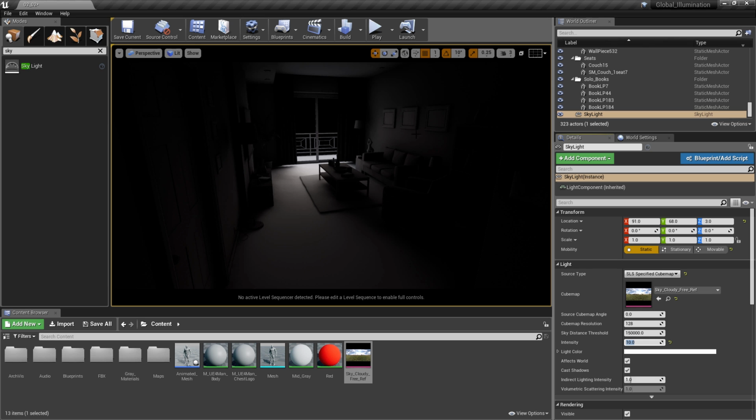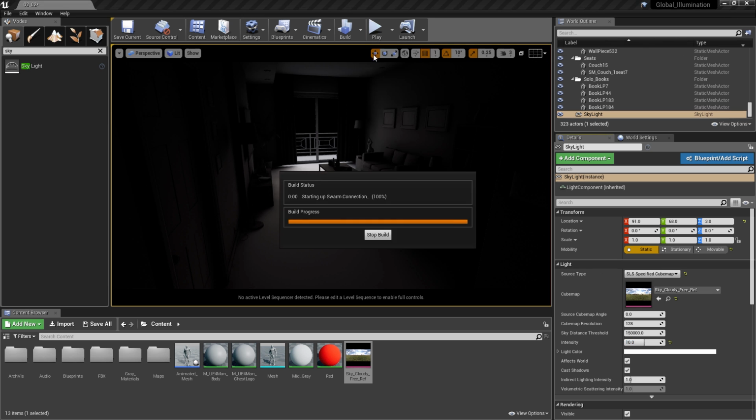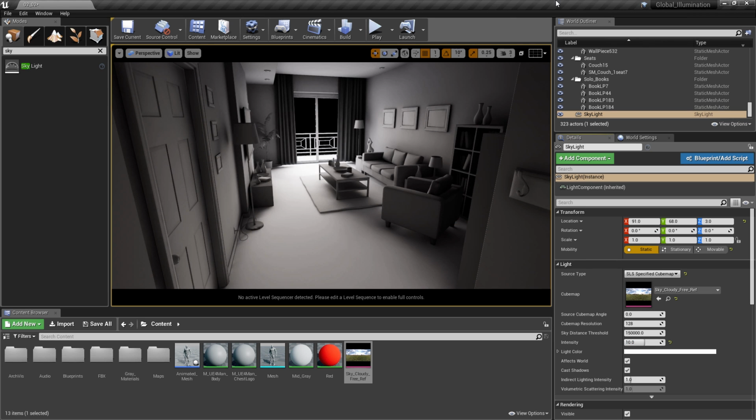And after rebaking our lighting, we can see that we have added a good amount of energy and detail to our lighting now. We could also increase our cube map resolution if we wanted, so as to get more quality from the setup. Although just remember that this has to be done using power of 2 values. And we do need to be cautious when upping the resolution, as this will, of course, increase our build times